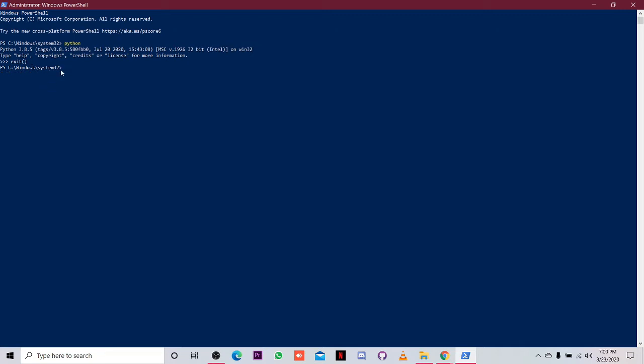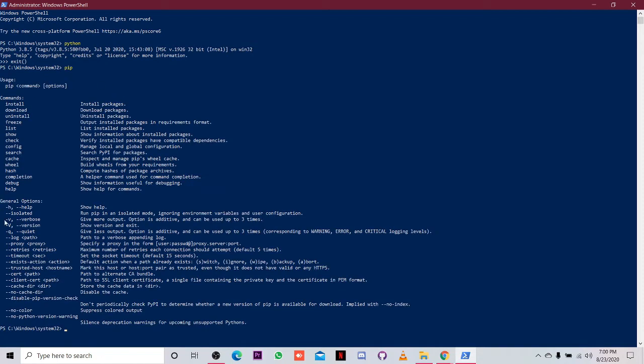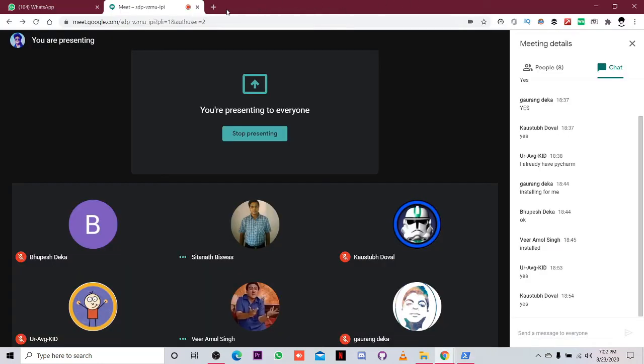Now what we're going to do is write pip and press enter. If you are getting this display, then everything is okay. If you are not getting this display, then something is wrong in your installation. We have to look after it after we have finished this class. I will connect to you and do it manually. Okay, so I'll download Python on my computer. Right, I'm on Mac now, so I'll do it on my computer. Okay, then you can try on your computer after that.